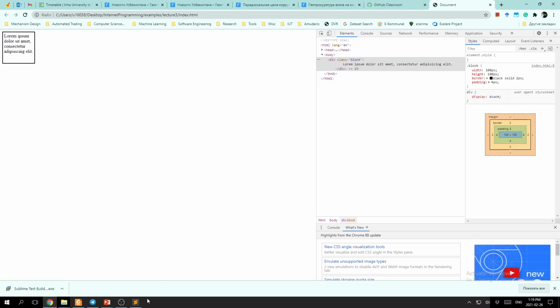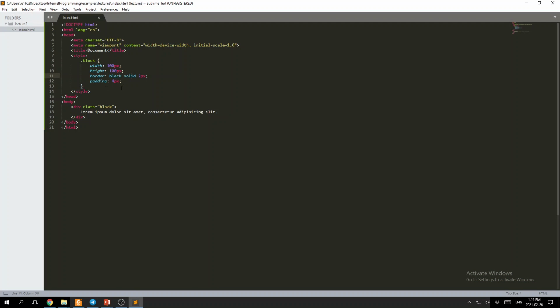So that's what I need to calculate in the back of my head when I'm trying to evaluate the size of this particular block. But other than the padding, we have the margin part of that particular text. And again, I can use